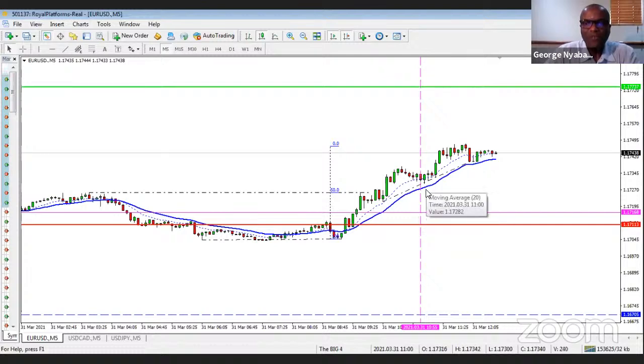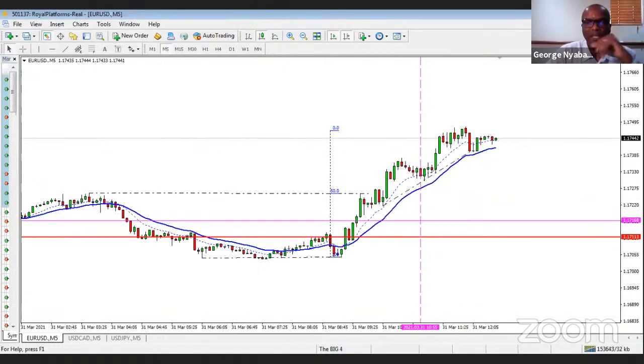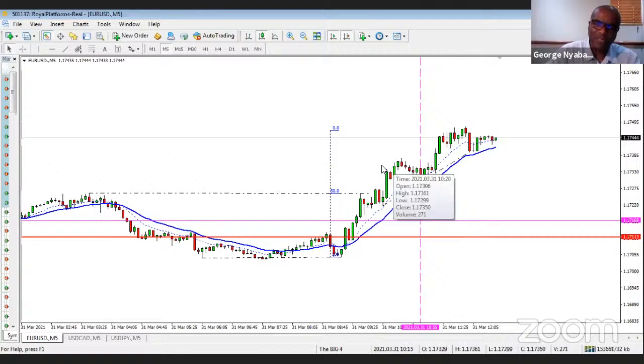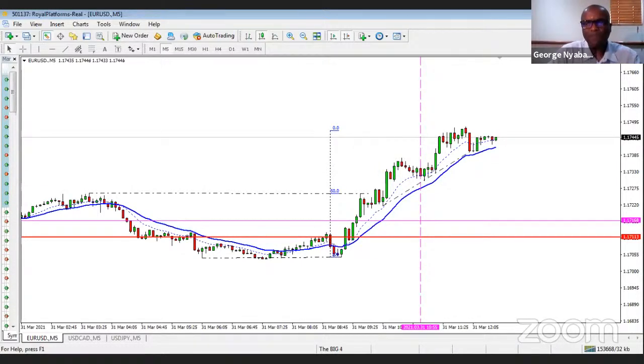So that first candle for me is very important, because it gives me a signal as to who is commanding the market as the market opens. At that stage, it was the bulls that were commanding the market, in control of the market. So I just keep that at the back of my mind. But because I'm coming to the market, I don't ignore everything that's taking place to the left. So that's important. That's the day's market that is taking place.